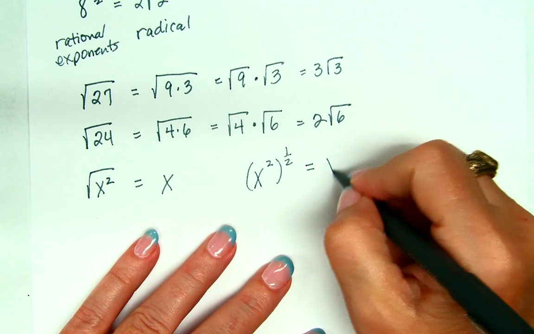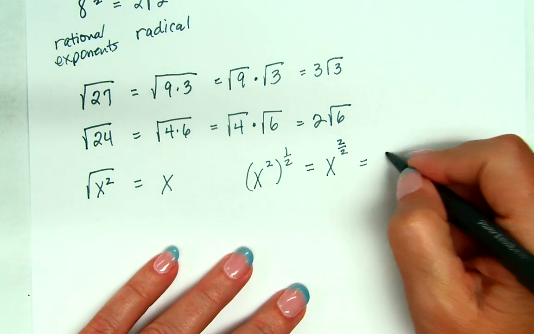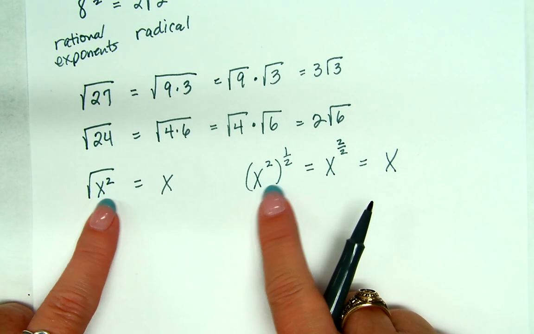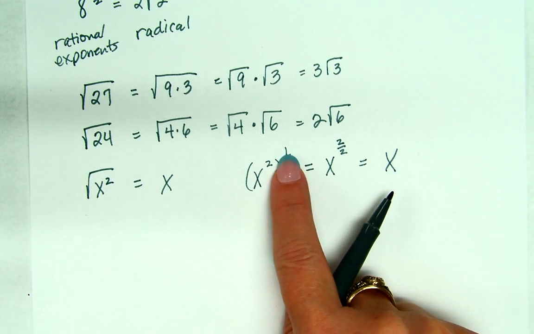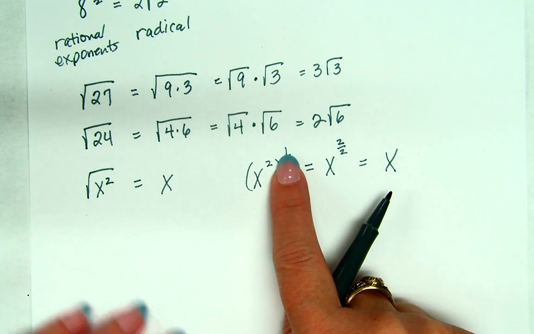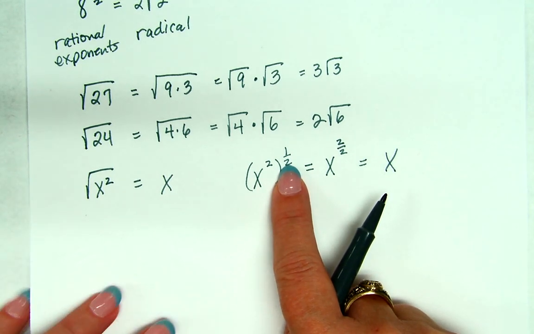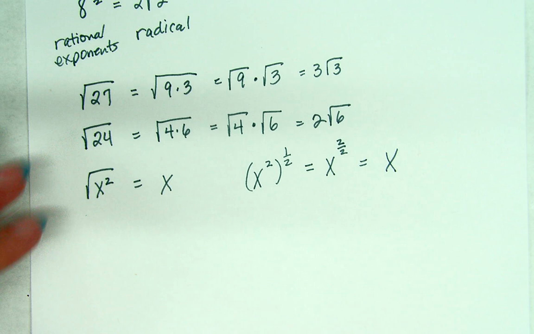So that gives me x to the 2/2. What is 2/2? Aren't these two things asking the same question? Right? Because if you have a rational exponent, the top, the numerator, is the power and the denominator is the root. Does that make sense? Do you remember that? Okay. So what about the square root of x to the 4th y